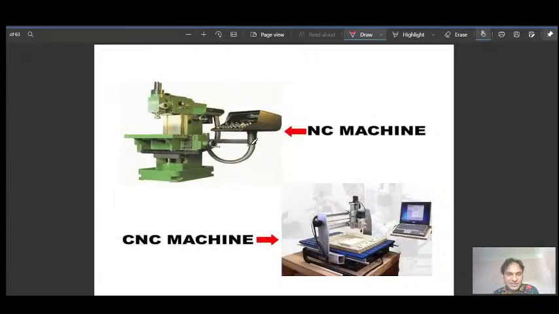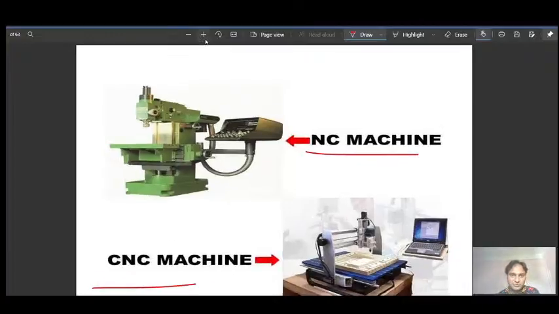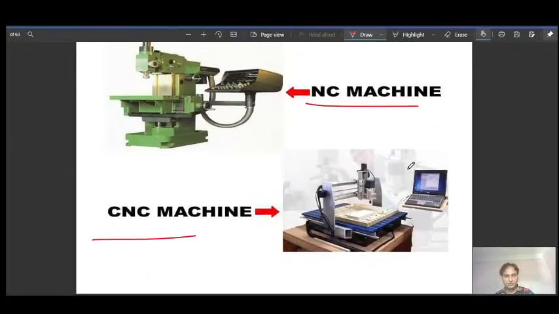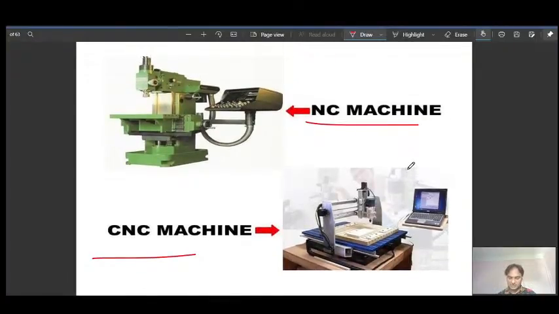So as you can see, what is the difference between NC machine and CNC machine? In NC machine, we know there is a use of punch card.